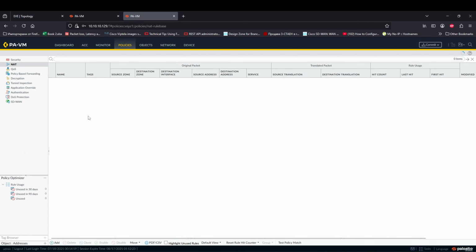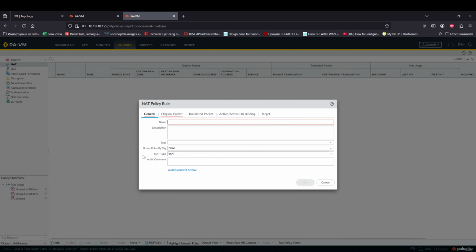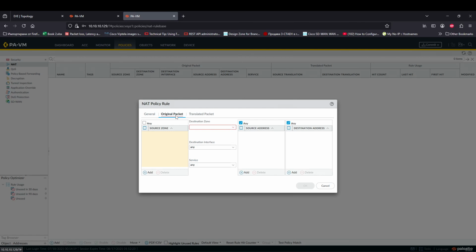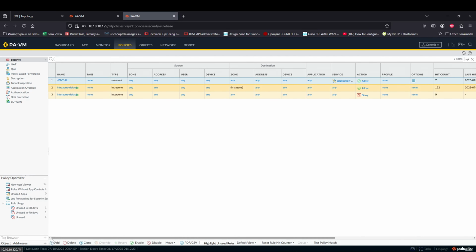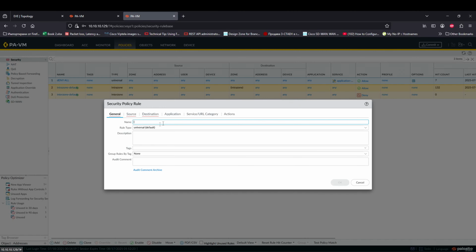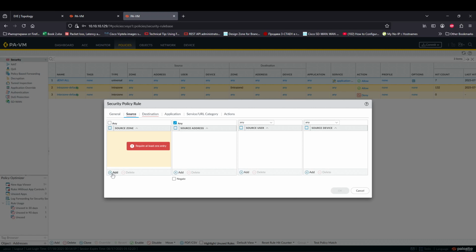Now we have to configure a policy rule. For my initial test, I'm going to create a rule to allow inbound connection from left side to the right. So from tunnel, this is going to be the name of the policy. Sorry, not policy. I want to create a security policy. So from tunnel, source zone will be